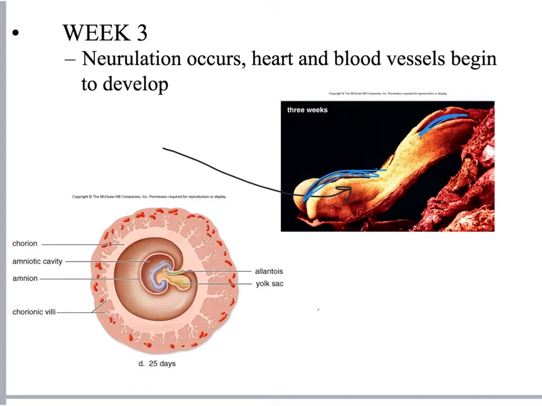You can see from our picture down below what's happening here. You can see that the chorionic villi are projecting into the endometrium, into the decidua basalis. You can see that the yolk sac is now slightly started to be pulled in and will be used to make parts of the gut and create blood cells. You can see that developing little embryo there surrounded by fluid in the amniotic cavity. And you can even see the allantois here now that eventually will become the umbilical cord.